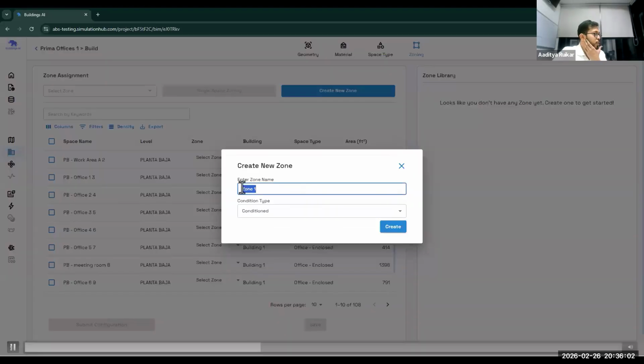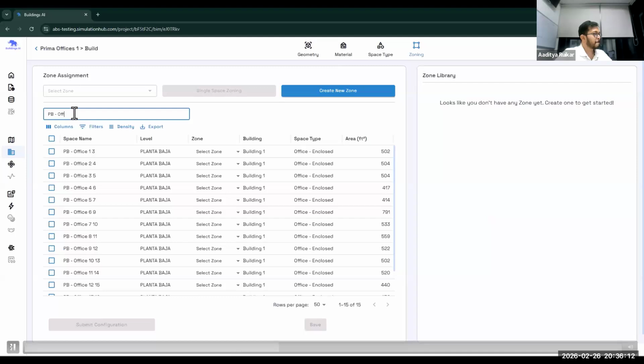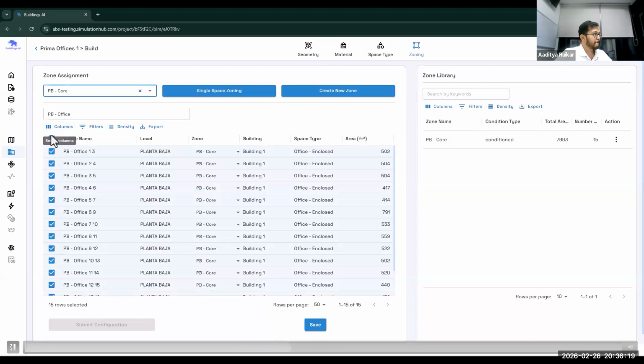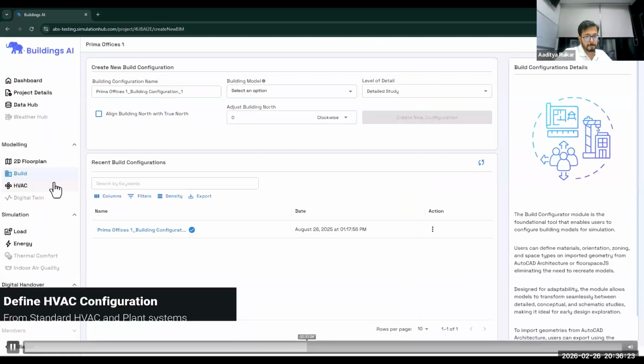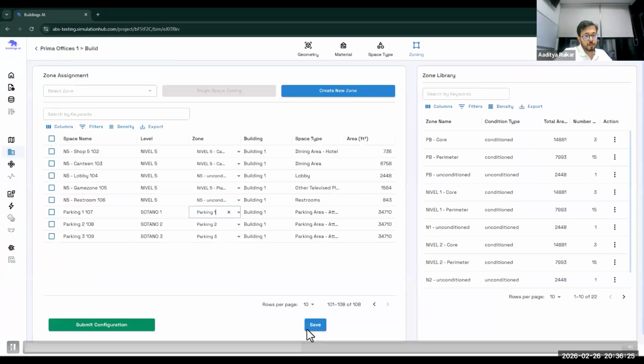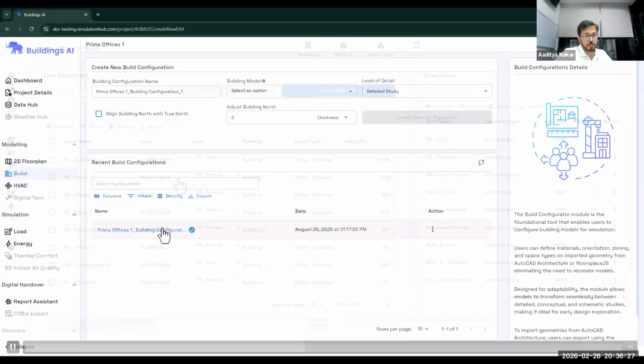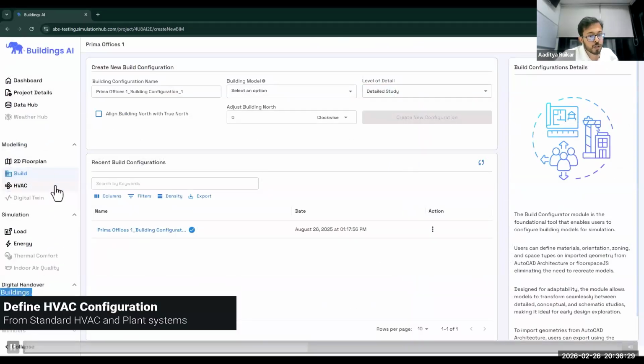The next thing is zoning. You can group your spaces under different zones, conditioned or unconditioned. Then after zoning, you can submit your building configuration.